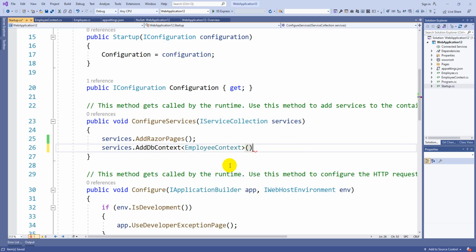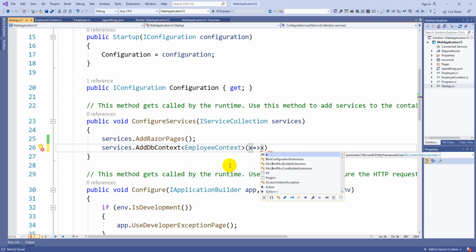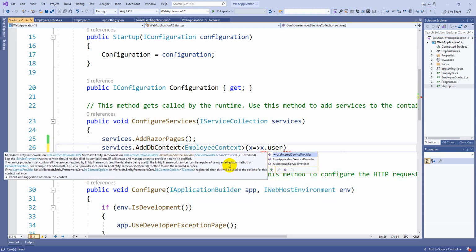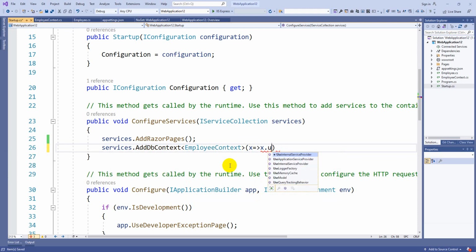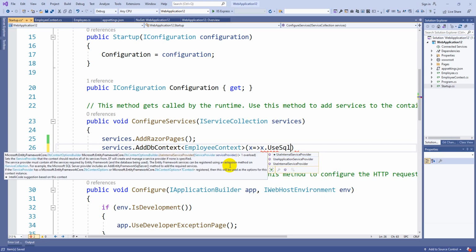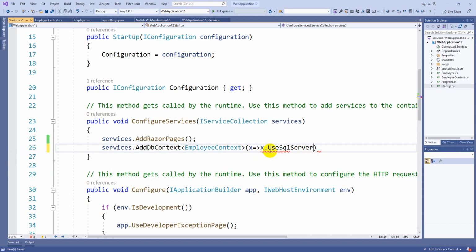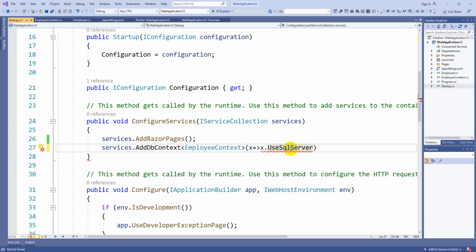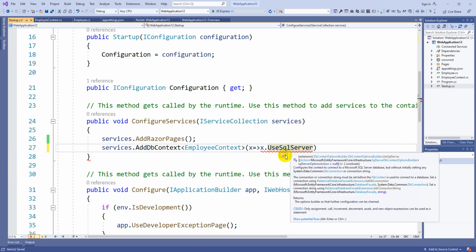Then you are going to write the options: x dot UseSqlServer. I think for that you have to import a namespace, using Microsoft.EntityFrameworkCore. Then this particular SQL Server was recognized.